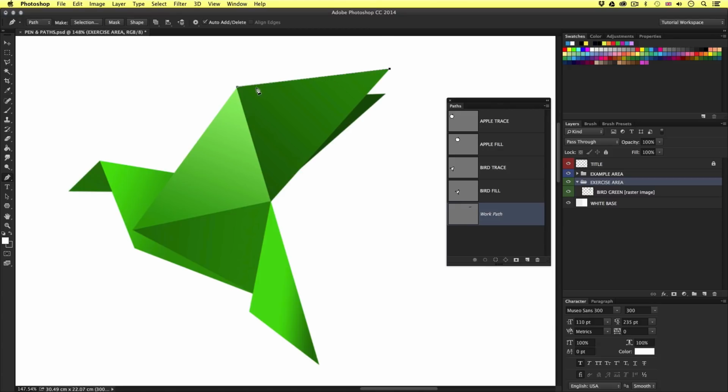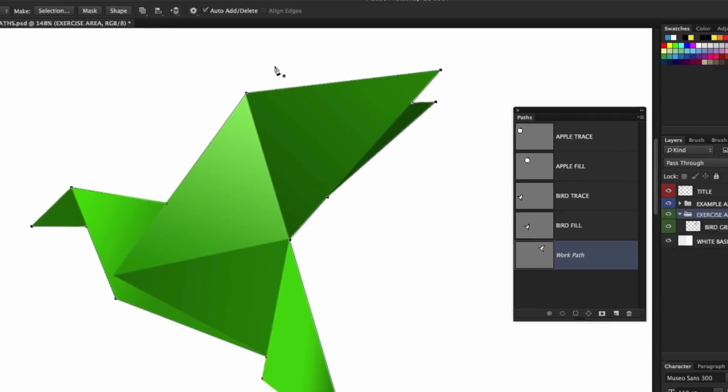So I'll carry on around the bird shape, dropping anchor points on each of the corners like so. As I progress around the shape, I will begin to draw and create a path. Now, when I draw around the shape and get to the other side, as I move my mouse cursor over the first anchor point I drop down, I will notice a little O shape appear on the mouse cursor. This is Photoshop telling me that if I now click, I will click to join the paths and create a